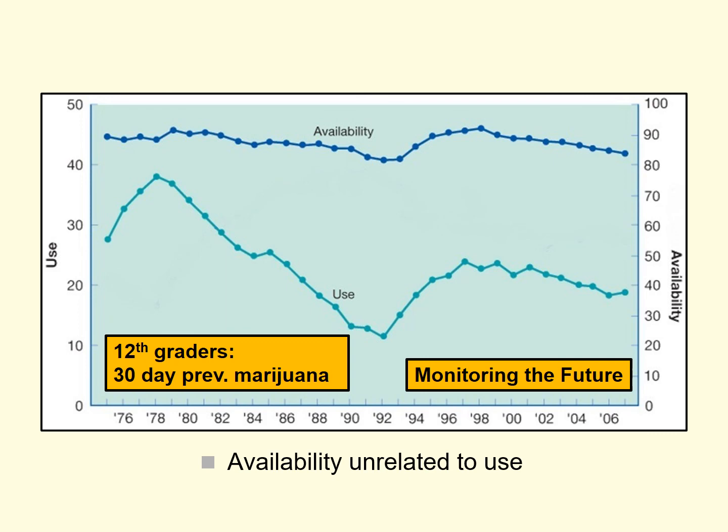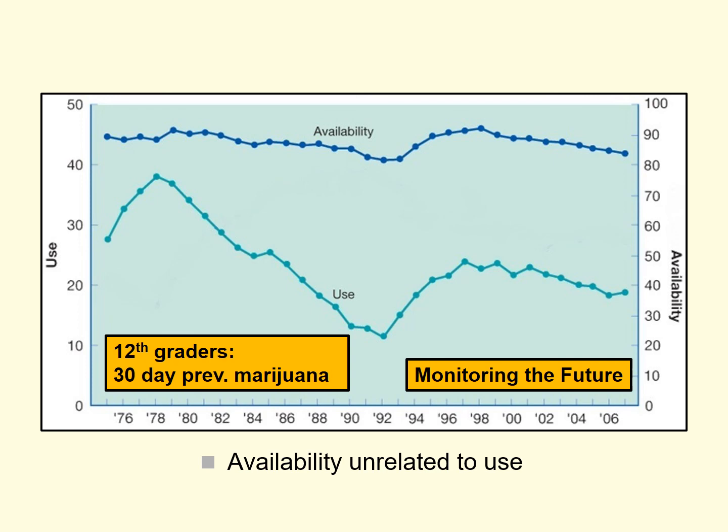At least north of 80% of high school seniors say that marijuana is available to them. But you can see that the actual use of marijuana by those same 12th graders has risen and fallen over time. So there's a little bit of a concordance between these graphs, but it's not very close. It's not the case that there were periods of years during the 80s when availability went down and use went down, and then availability went up in the 90s and use went up in the 90s. That blue graph for availability is relatively steady. That kind of green or turquoise graph for use is quite variable. So it seems to me, at least, that availability is unrelated or not closely related to actual use of